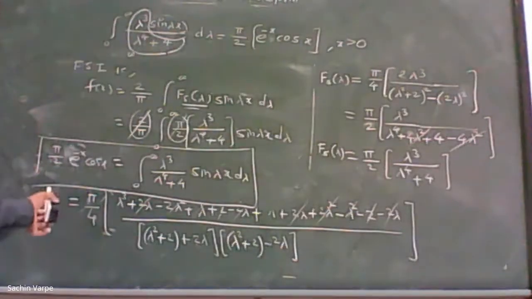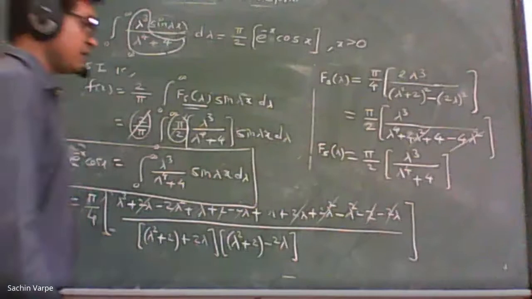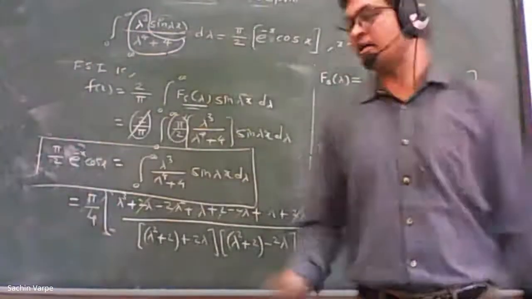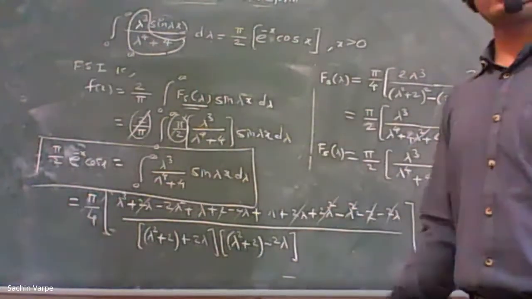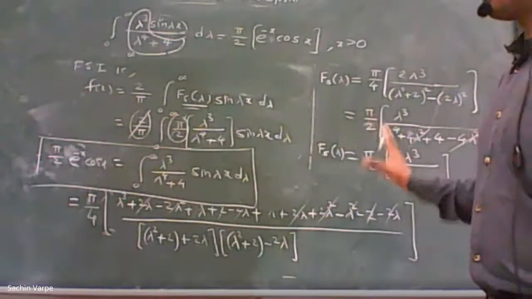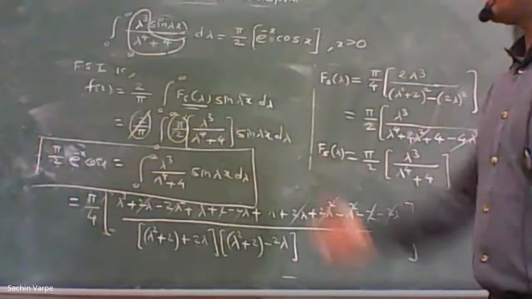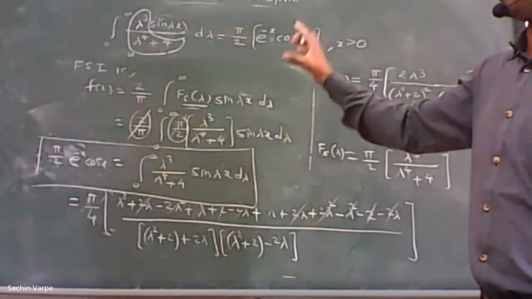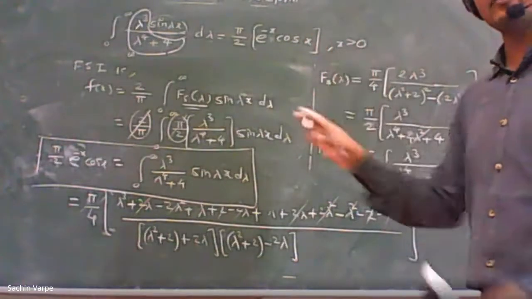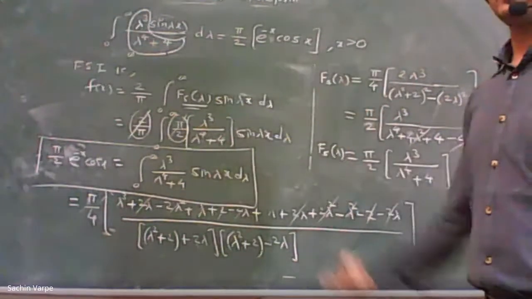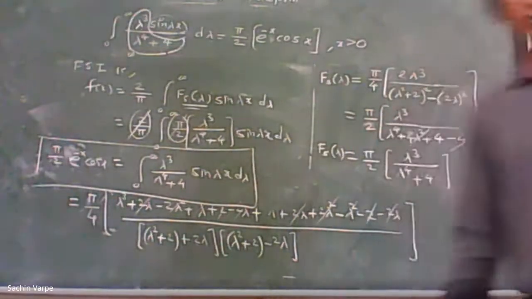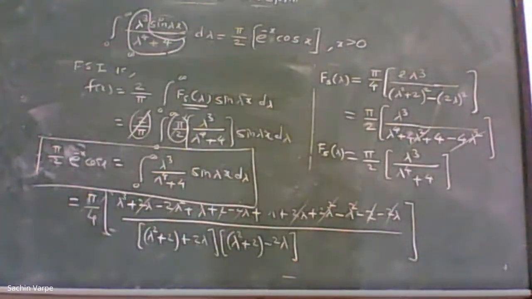So this is a very important question now in the 2019 pattern. It is possible to ask it for 5 to 6 marks, because in the earlier pattern, the 2015 pattern, such a big question was not there. Only it was asked to find the Fourier sine transform, or the Fourier sine transform was given, and with the help of that, we were asked to show the required result. So this is how. Please ask if any doubt. Any doubt?